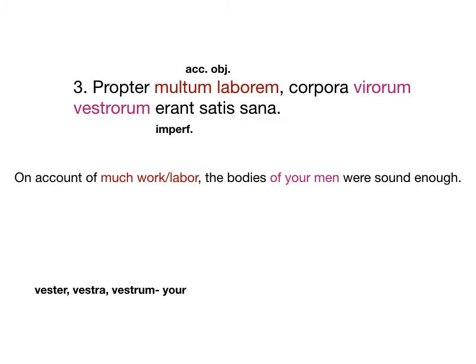I'm using sound instead of sane here because sana can be sound or sane. And we wouldn't use sane to describe somebody's physical capability. We would use sound, like a sound body and sound mind. So I guess they're saying that some people's workers did a lot of work, and so they got a good workout or something like that. Yeah, virorum vestrorum was just the genitive possessive of corpora, so it's not just the bodies; it's the bodies of your